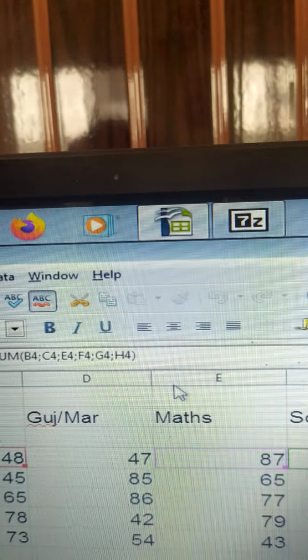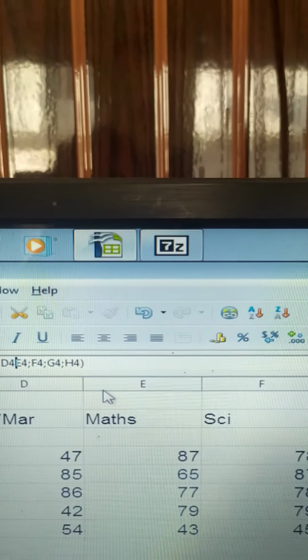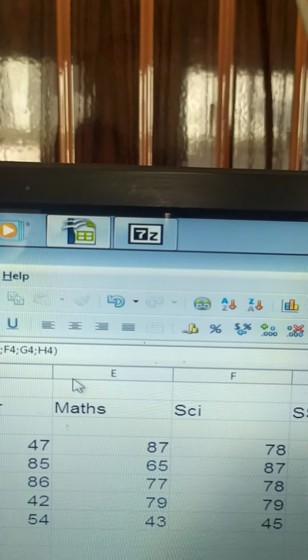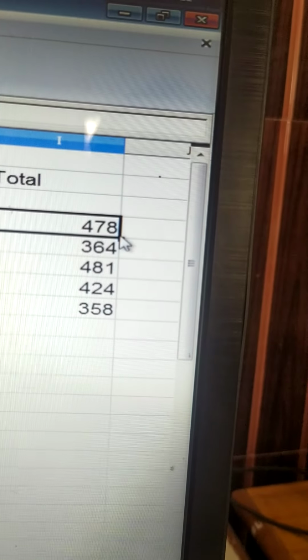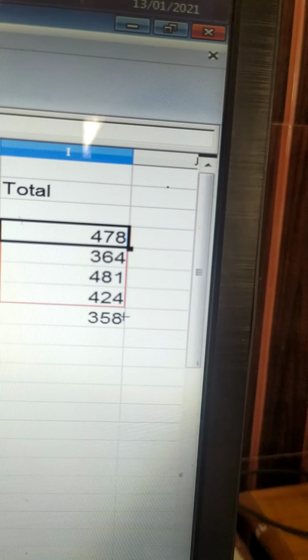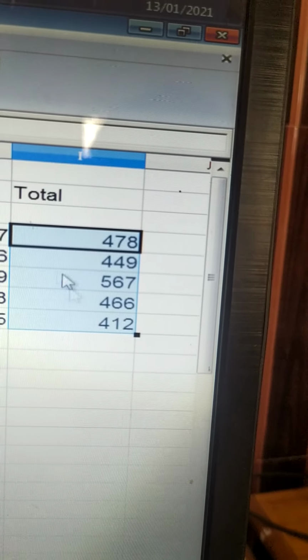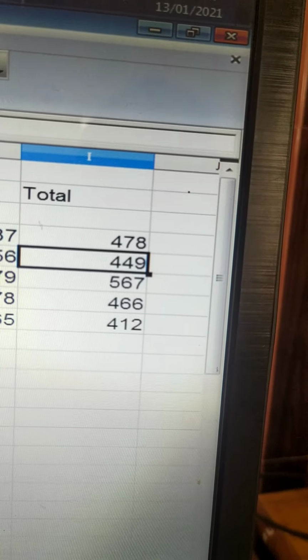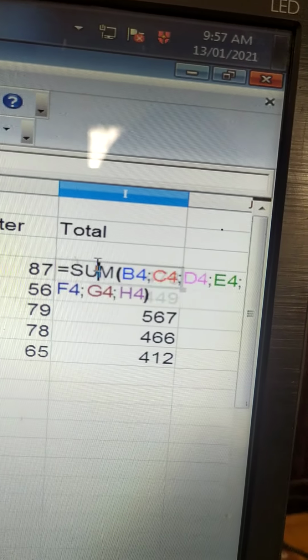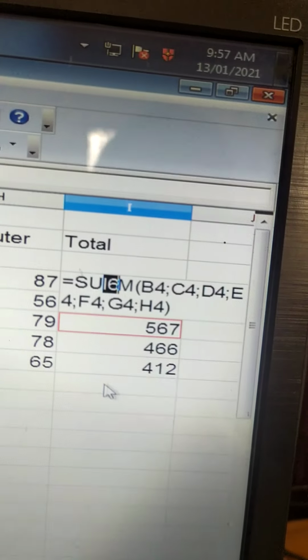So what can we do? We will add B4 and colon. Just click and drag to copy the formula. Clear everyone? This is how you can copy formula.